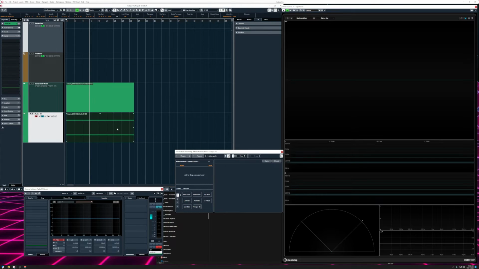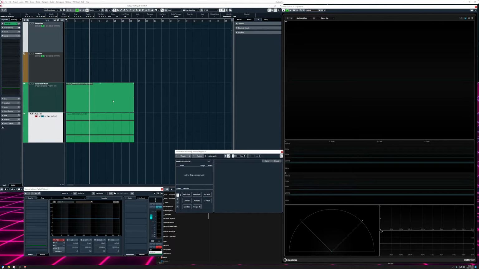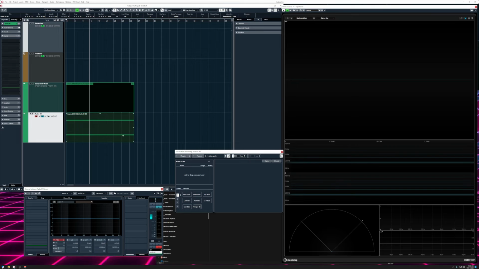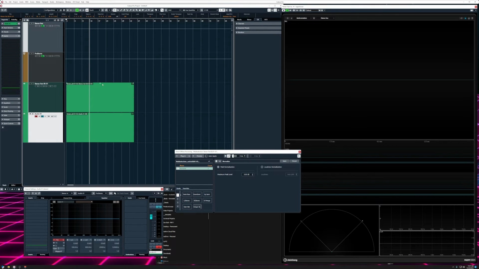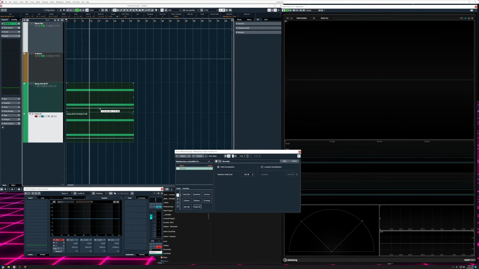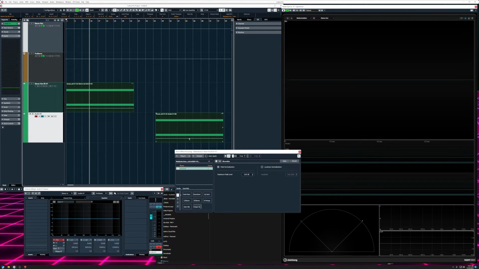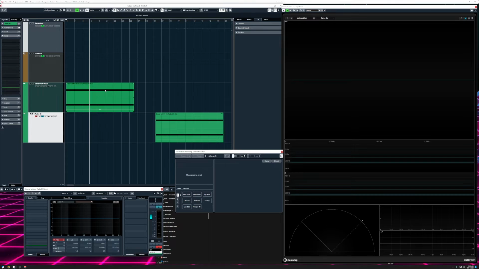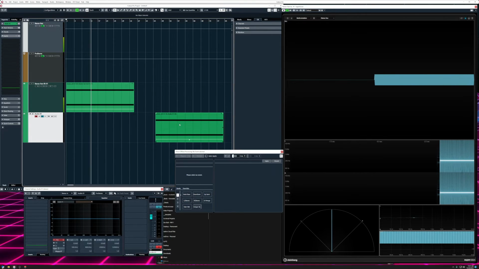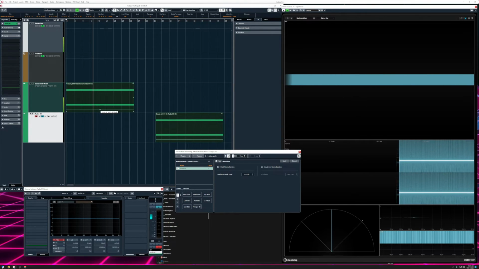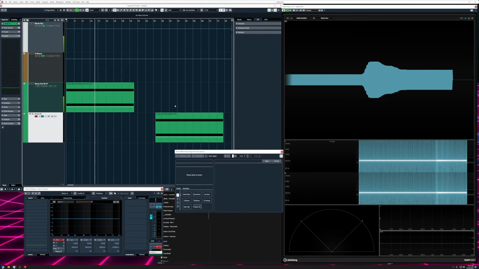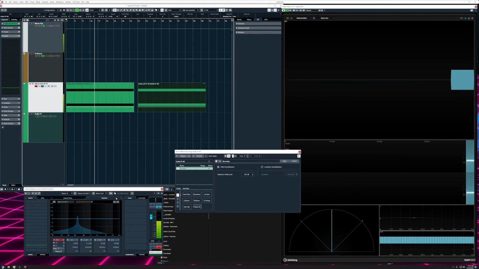Now we're going to normalize both of them, and here, because I don't want it to be too loud, then we'll make these quieter. All right, so this one had the loud signal. First one had the loud signal. Second one had quiet signal. Here, let me put these on the same track too.